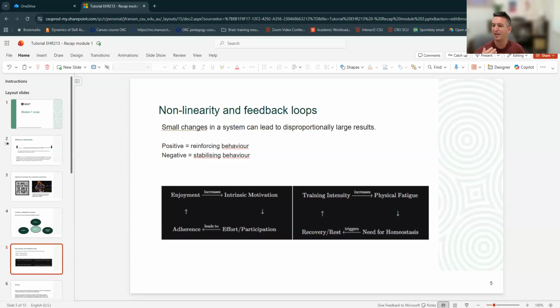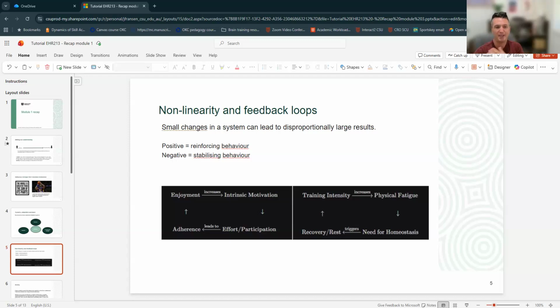A negative feedback loop doesn't have to have a negative outcome. It can just not improve the actual outcome. We'll look at some examples in a second. Once you start thinking in the context of that, and you start thinking in the context of nonlinearity, which means that small changes that you make in the system can lead to very large results, you can see how you can start intervening at specific points in these feedback loops to optimize how far your resources will go.